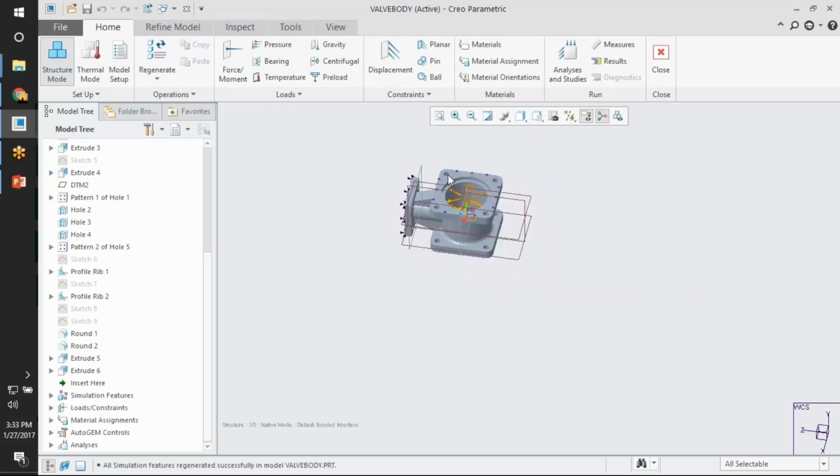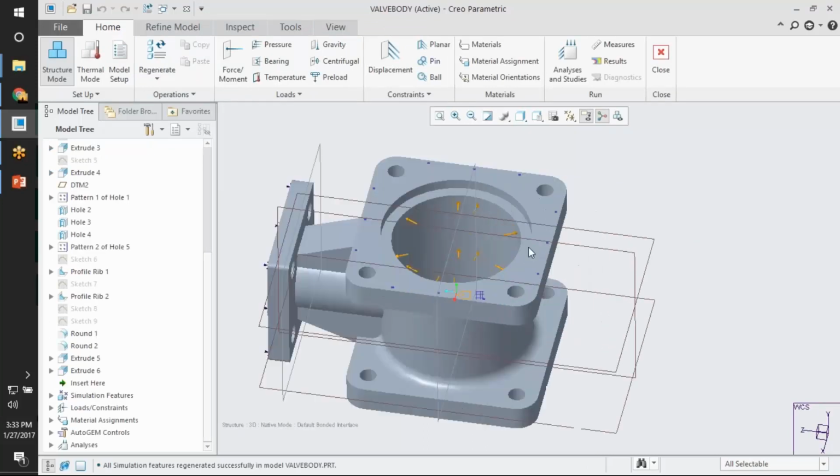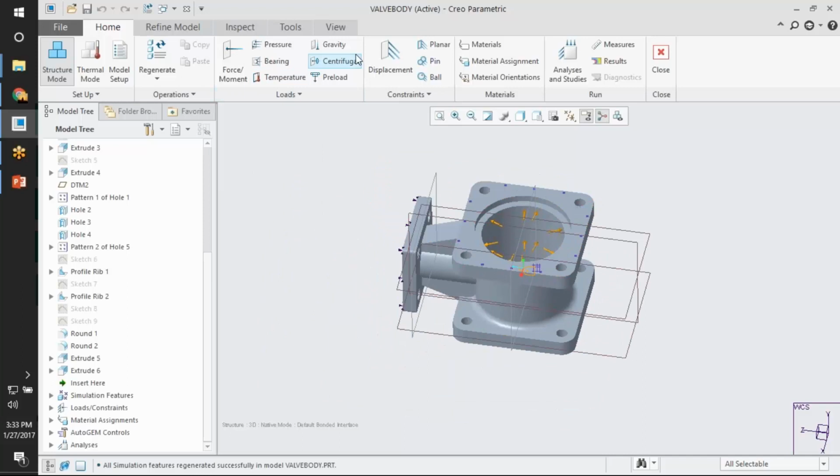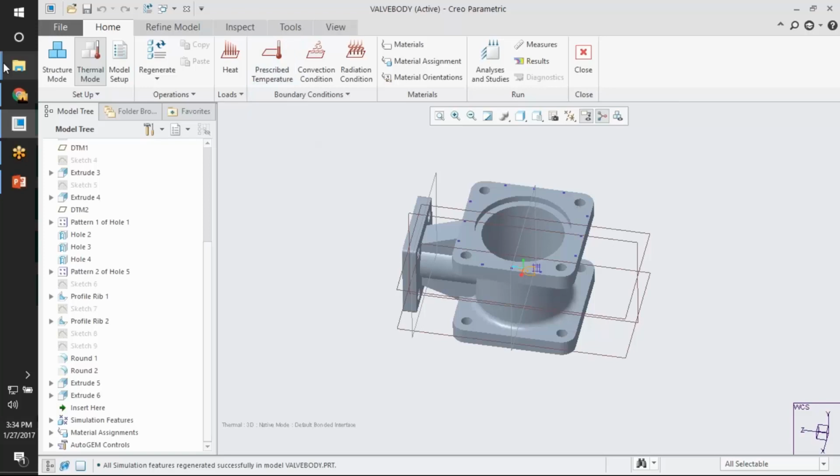So you can see here, I have applied the load and constraints already. The menus are well organized. You can see the structural mode and the thermal mode. If you include the thermal mode, the corresponding